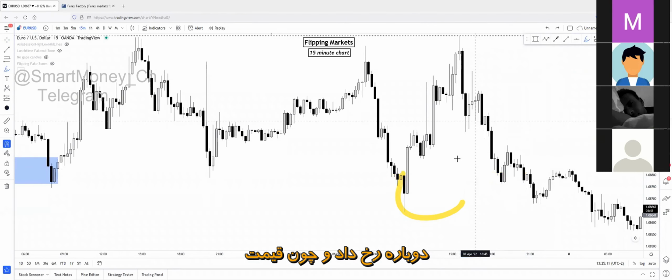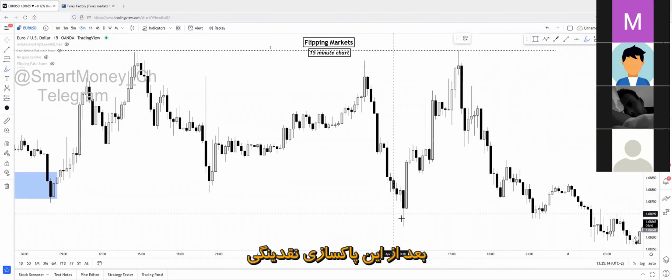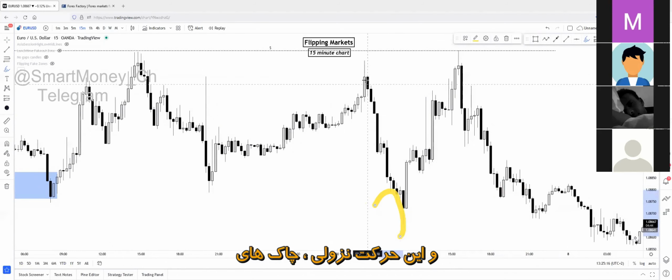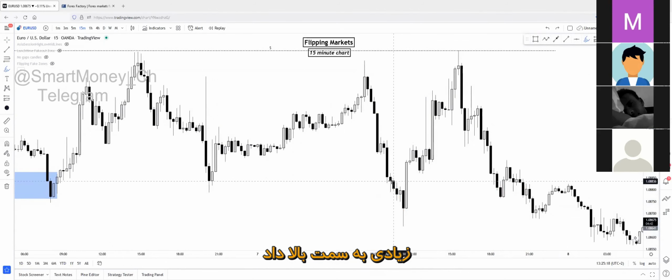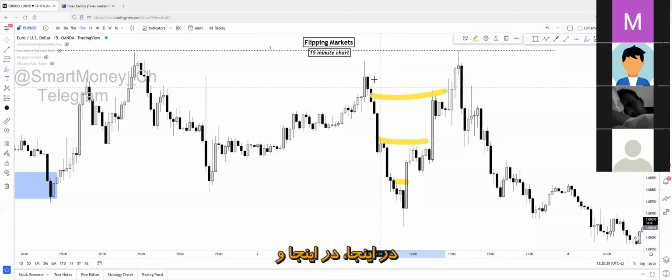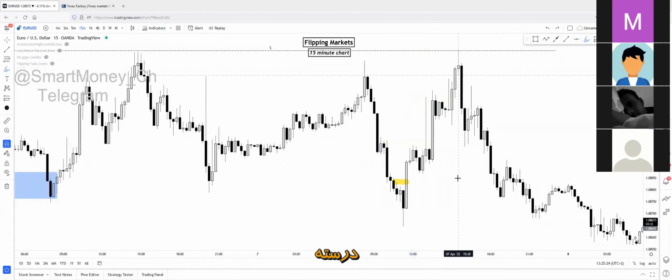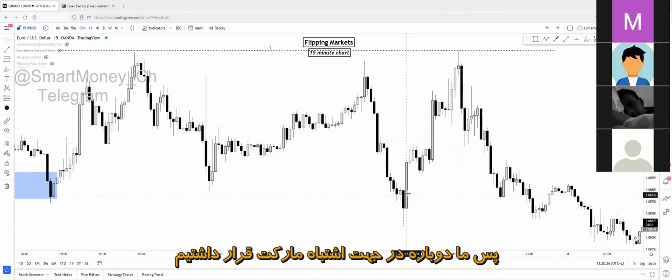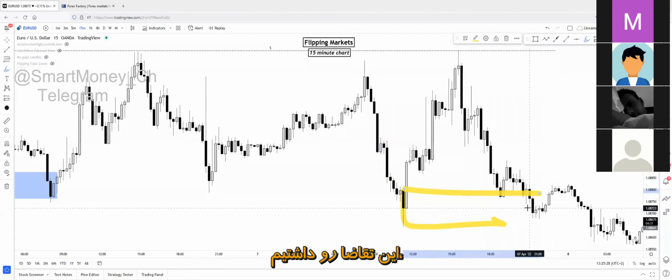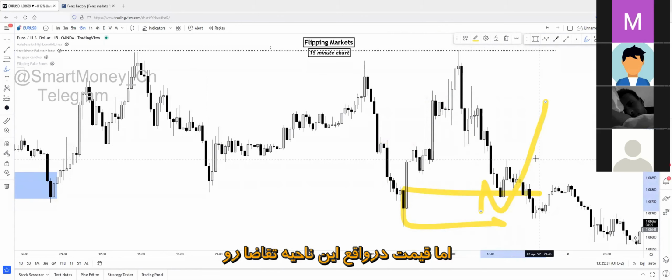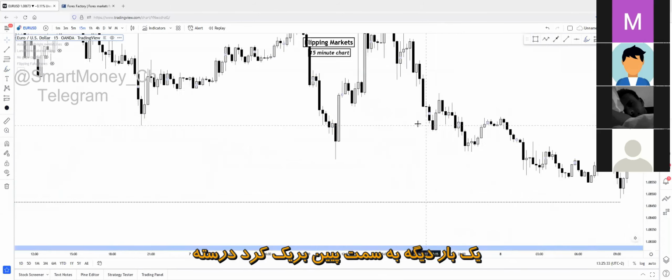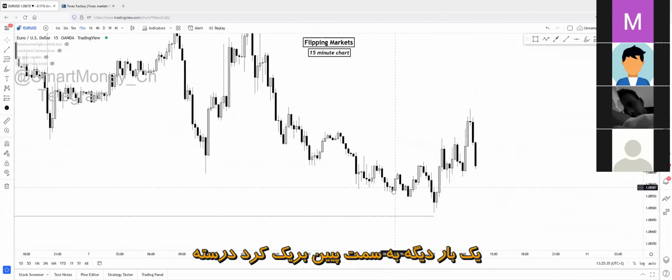As you can see, the same pattern goes on, because price changed character after this liquidity sweeping movement and after this downtrend to the upside in several places again. On this place, this place, this place, it has changed character with a huge inefficient movement to the upside, right? So we were caught on the wrong side of the market again, because we were expecting a reaction and a continuation on this demand zone, but price actually broke below this demand zone once again, right? Now it is the same pattern.